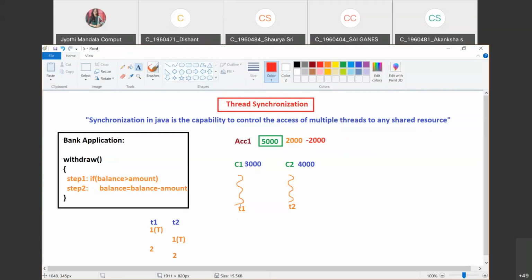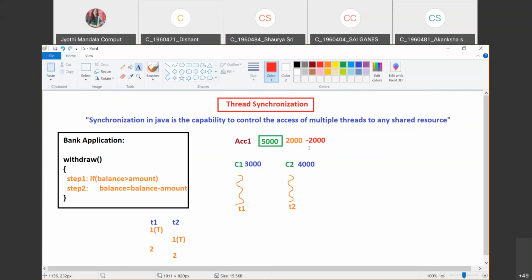But here what happened, if you see the way the flow of execution happens, because we have a multi-threading option where both the threads can be executed simultaneously. So we have taken one scenario that may not always be the case, but this is a scenario where, if each thread is given an option to execute step by step, then there will be an inconsistency in the data.